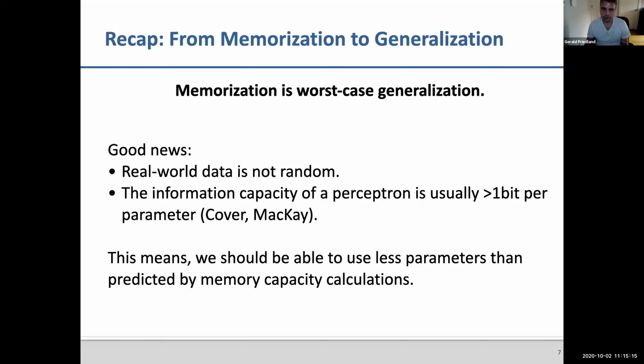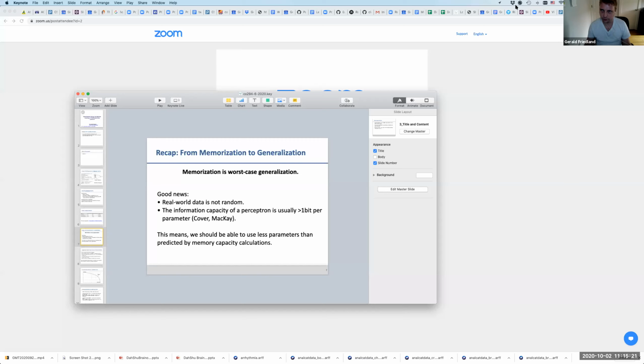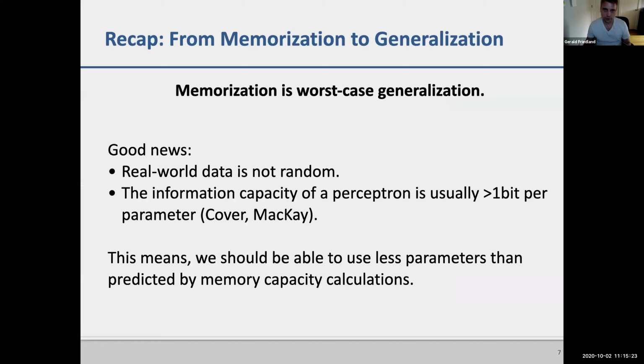So now let's go from generalization to, sorry, I have to adjust my chat window. Here we go. We go from memorization to generalization. And so what we say is this: in the bias variance trade-off, memorization is no variance, all bias. And that makes it automatically worst case, right? So real world data is not random, right? So that's the interesting part.